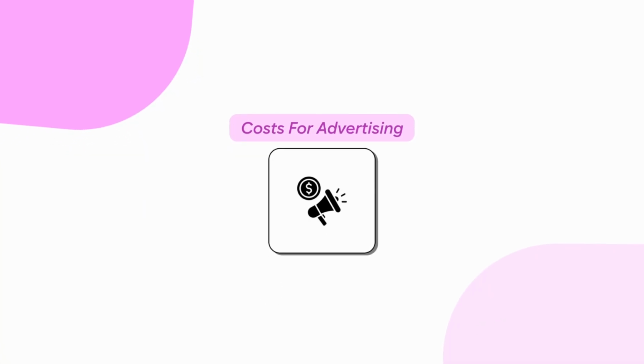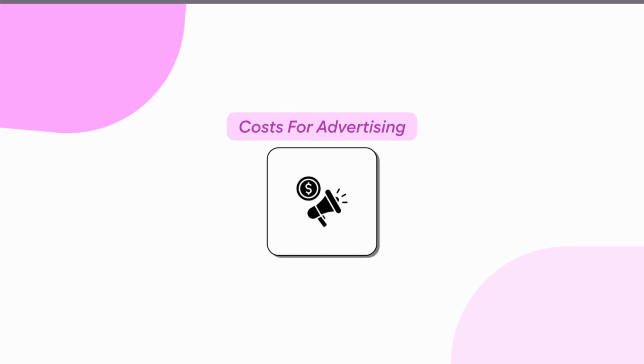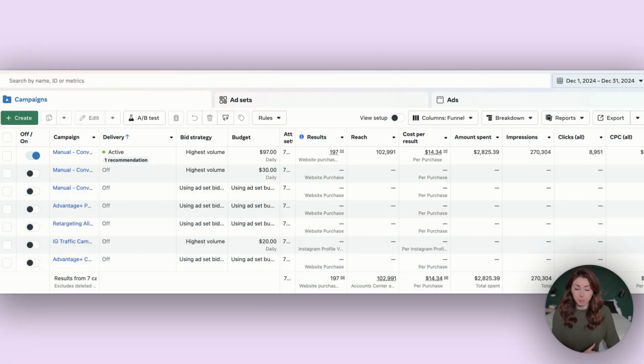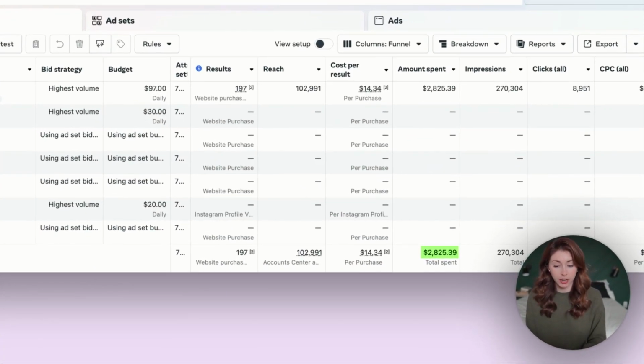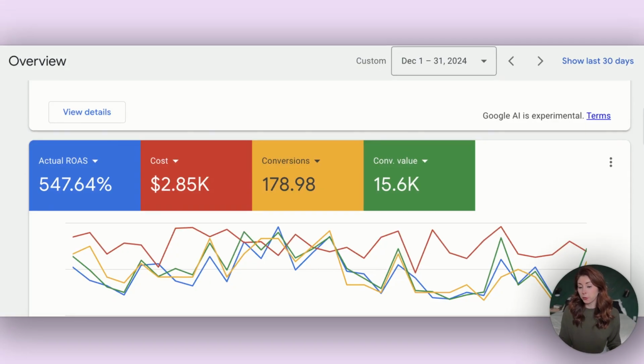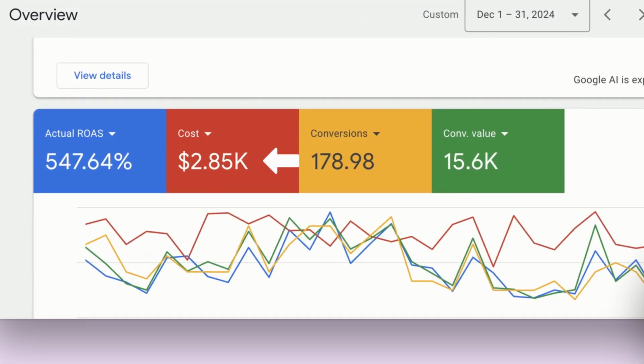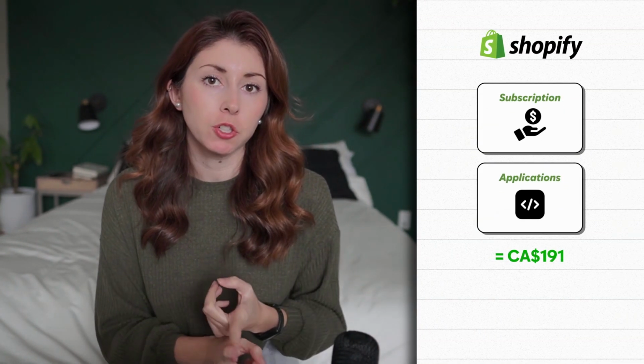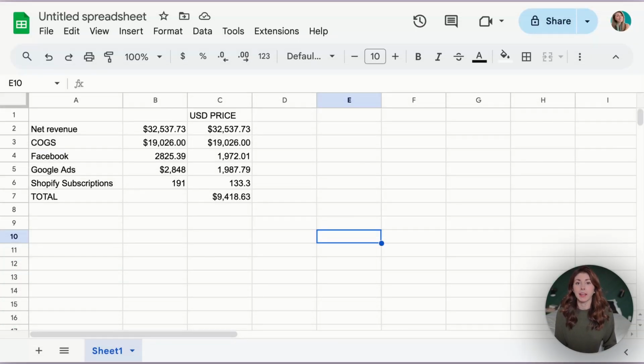$19,026. But I do have to factor in my costs for advertising, because with Shopify, you have to drive your own traffic. So on Facebook, I spent $2,825 CAD on my ads. And for Google ads, I spent $2,848 on my Google ads. And every single month on Shopify for my subscription fees and for all the apps that I use, it comes out to 191 Canadian. So putting that all into a spreadsheet for you guys in USD,